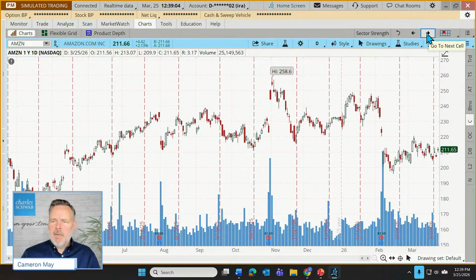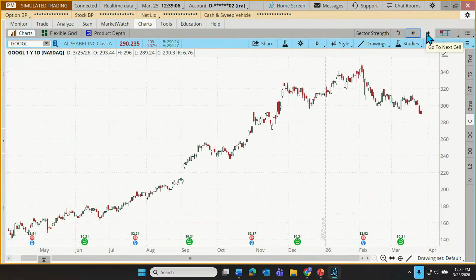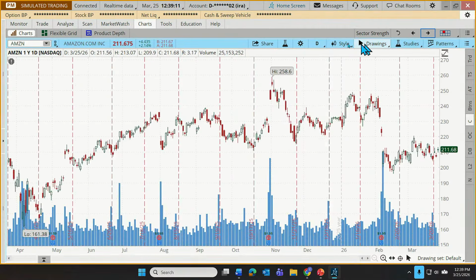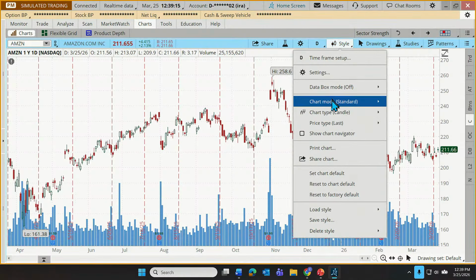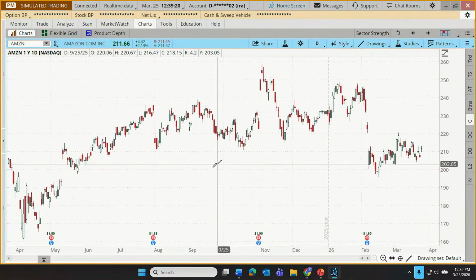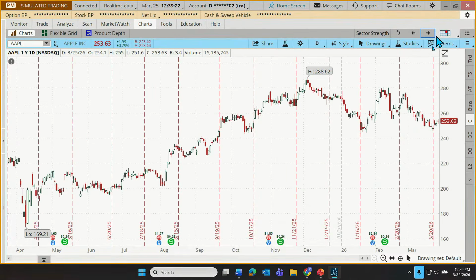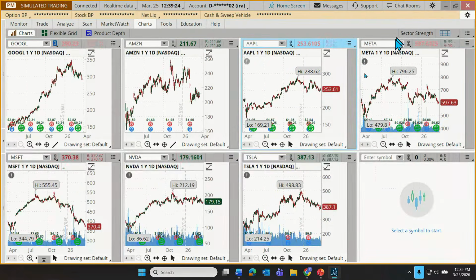I think let's clean this one up a little bit. We might go from this first chart to the next one and load up, let's say, a clean candle style again. Let's go to load style, clean candle, and we would just repeat that process through the rest of the charts, and we'd wind up with some nice clean charts where we could monitor the Mag 7 very quickly. And so here's what I'll do. I'll share my Mag 7 grid. Let me copy that.